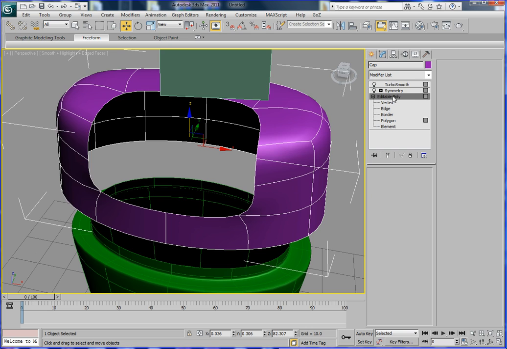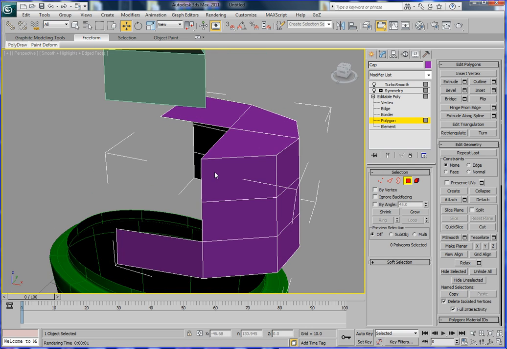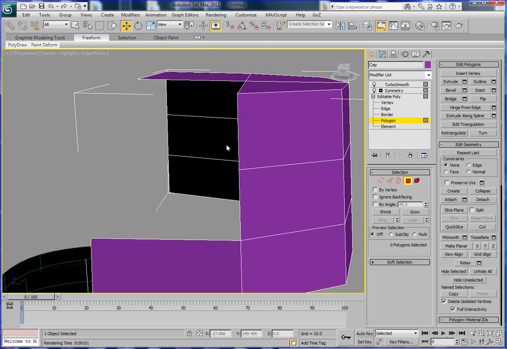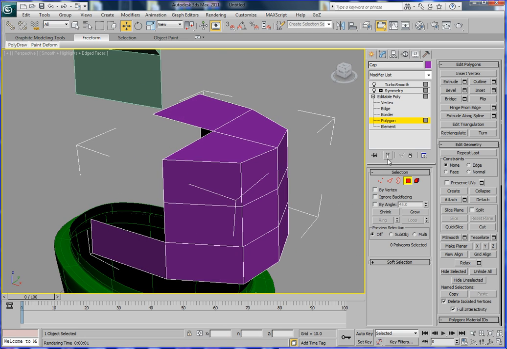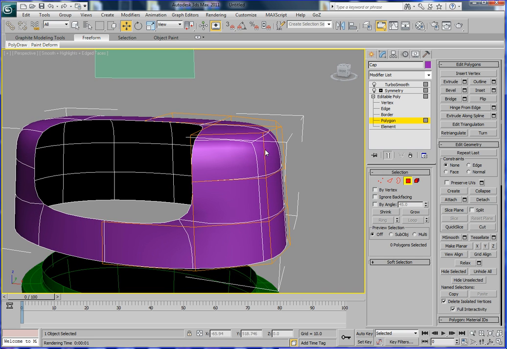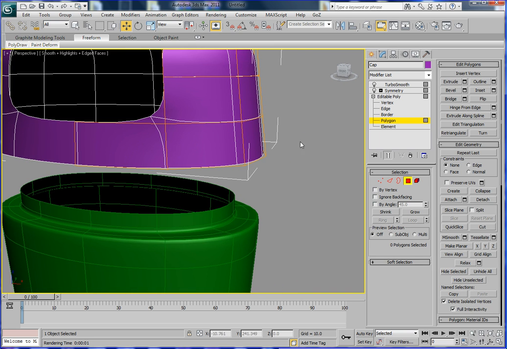Now going back to the main body here, and finish it. So basically now what I'm going to do is I'm going to turn on the turbo smooth. This is very smooth. I want it as hard as this. So